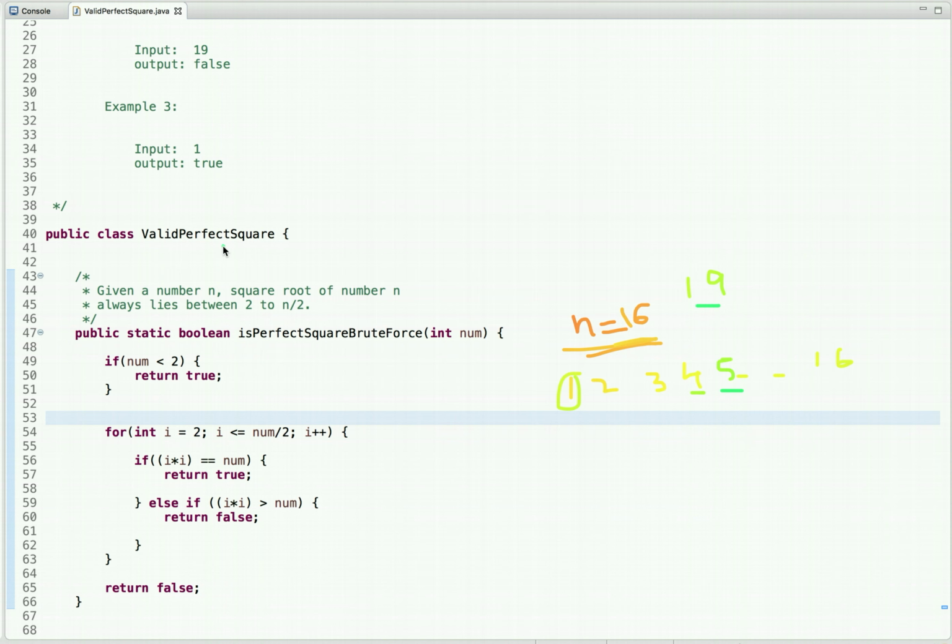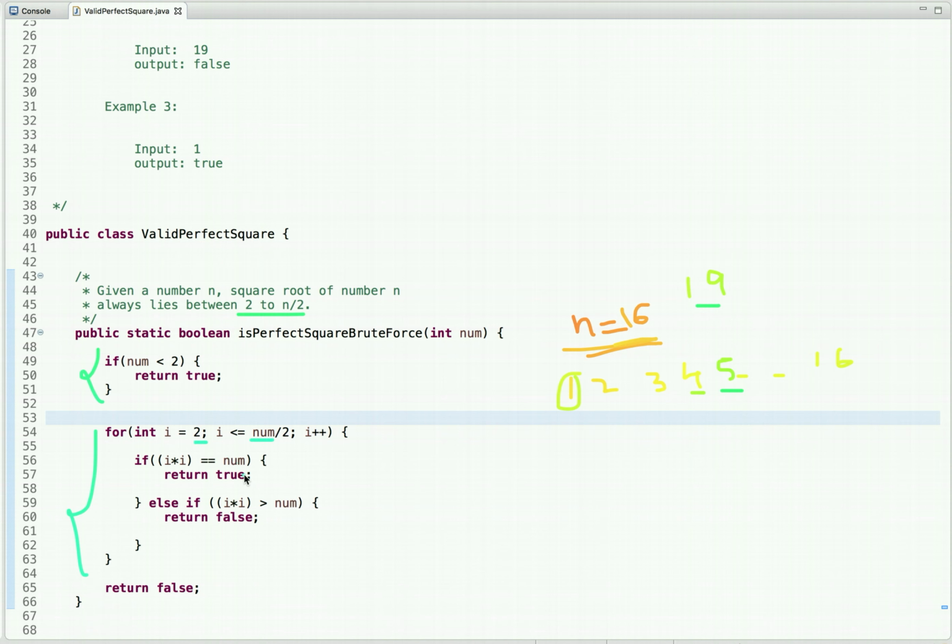Also we know that given a number n, the square root of a number n always lies between 2 and n by 2. So if a number is less than 2, we simply return true. In that case it is 0 or 1, so we simply return true. And if a number is greater than 2, we can run a loop from 2 to n by 2, and at each step we do the square of this number and compare with the number.